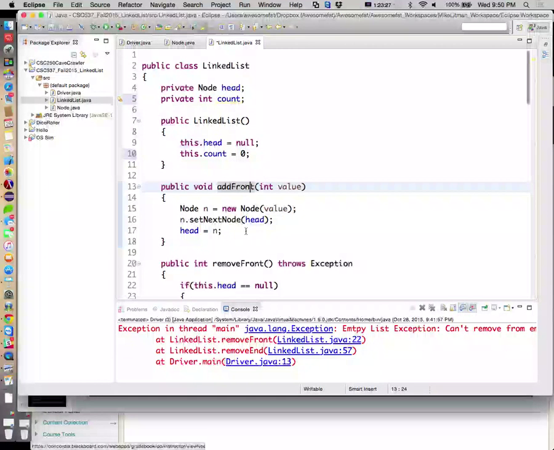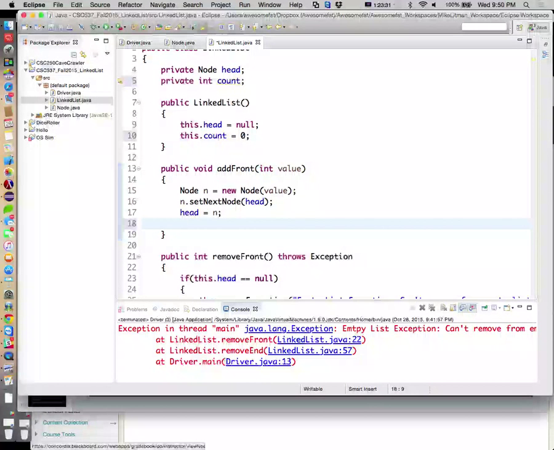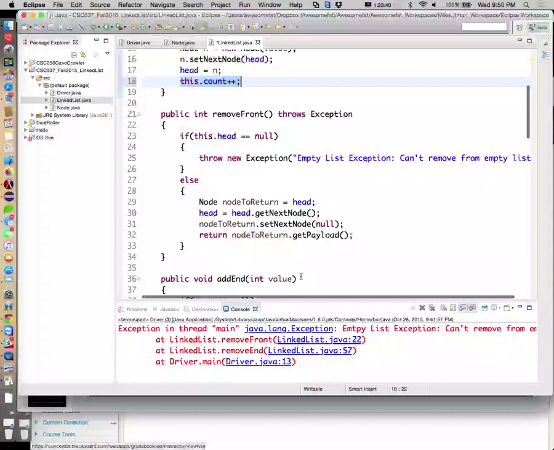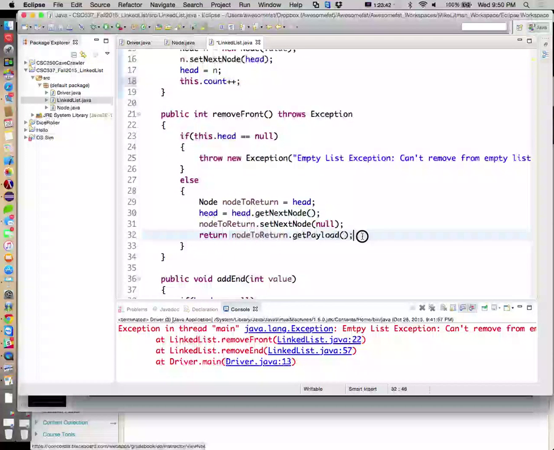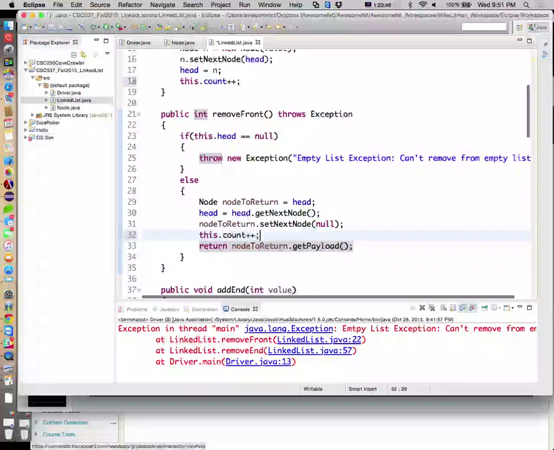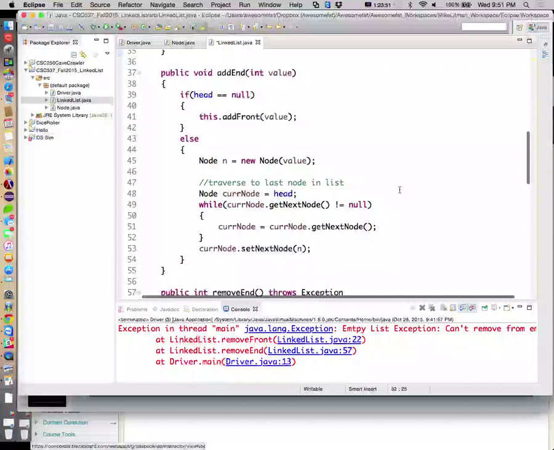Every time we add something, we're going to say this dot count plus plus. Every time we remove something, this dot count minus minus. Add front already handles the count, so we need to make sure we don't do the count twice there.